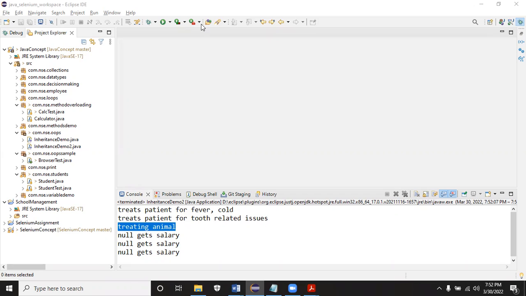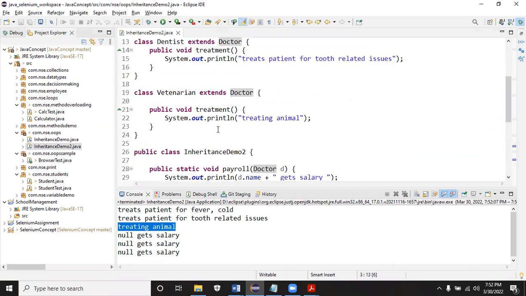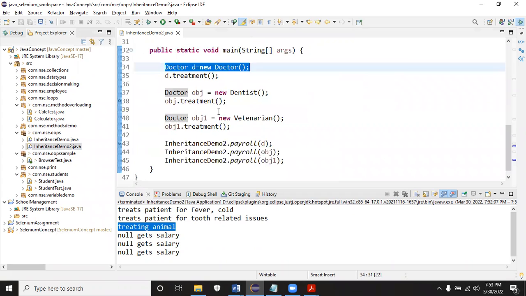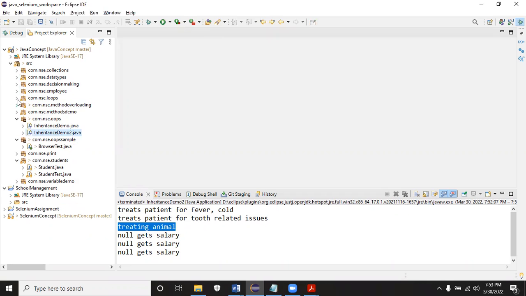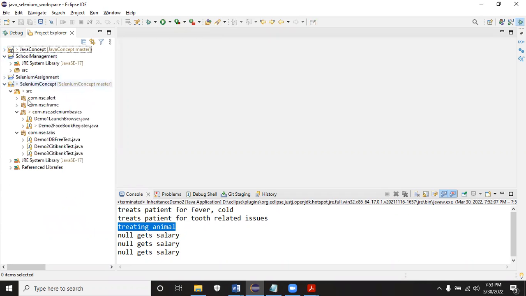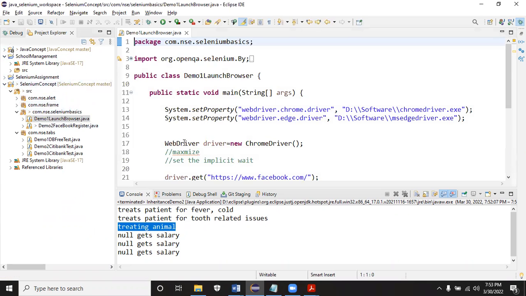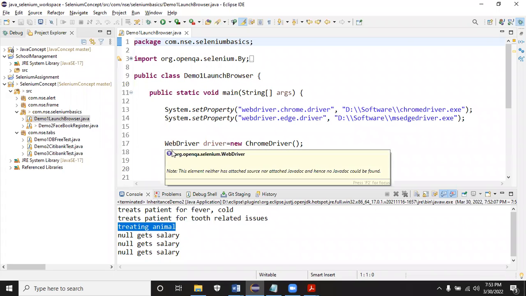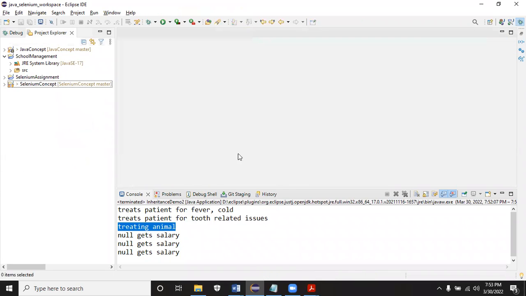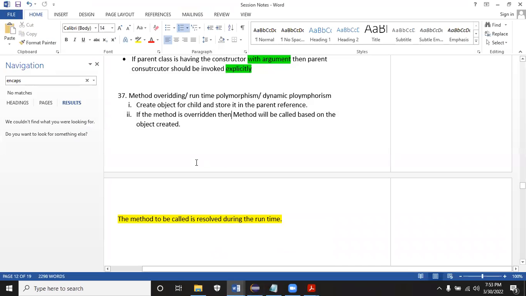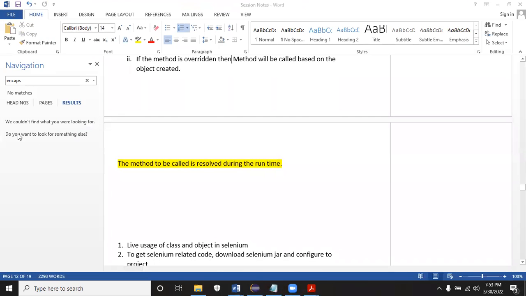Okay, now it's time to understand what is abstract class and interface. See here, what I have done is a simple overriding concept. I can create an object for doctor, which is possible. I can create an object for dentist and veterinarian, which is possible, and store it in the parent for doing the overriding concept. Going further, what we do here in Selenium WebDriver, it's not a class. See, WebDriver is not a class. It's called an interface. So let's understand that properly. Okay, we have to work on abstraction first of all. Let me show you the definition of abstraction.